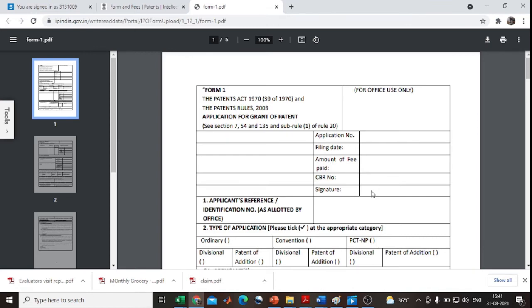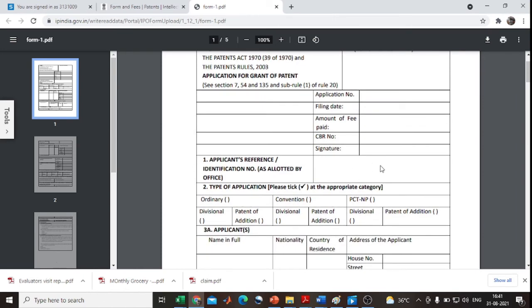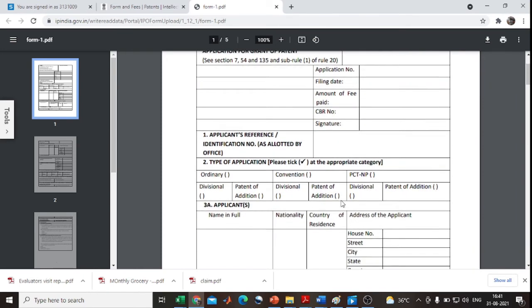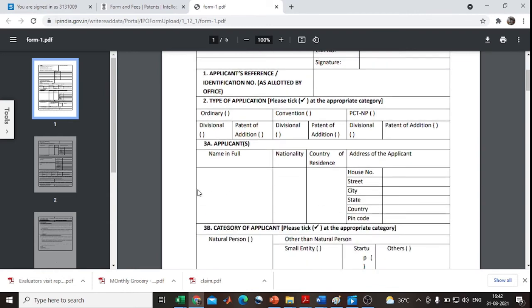After that, you may sign the applicant's reference. You can represent your name and the type of application. What is the type you utilized to apply for the patent? For example, your name and nationality, country of residence, and address of the applicant.